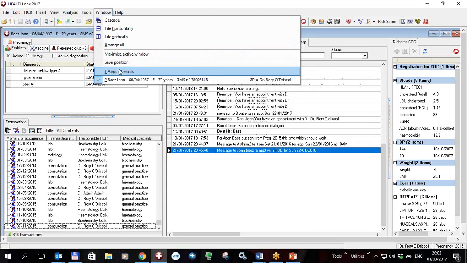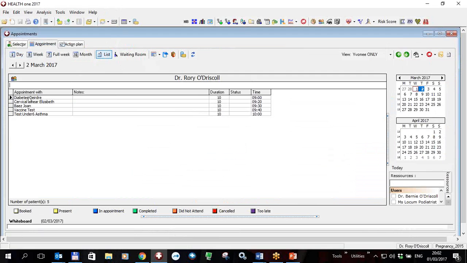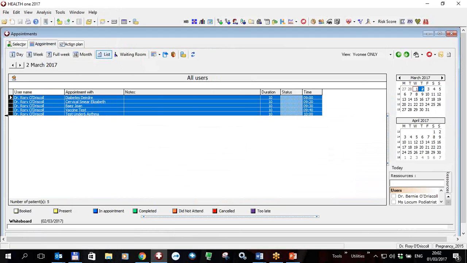Now I'm going to have a look at the appointment screen again. So if I click on Window, Appointments, you will see here that for tomorrow's, today's the first, for tomorrow's appointments I have several appointments here. I can view, if I wish, my list view of the appointments. That's always been there, which is a list of appointments just for me, or I can click the sign here and get a list of appointments for everybody. And I can select one or all of these